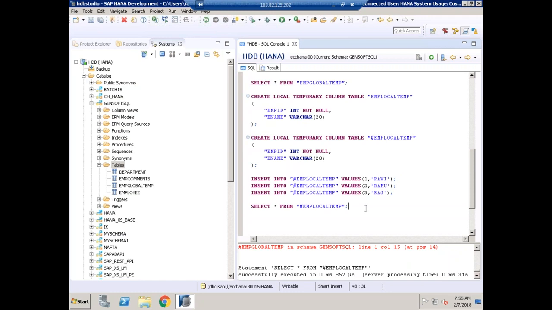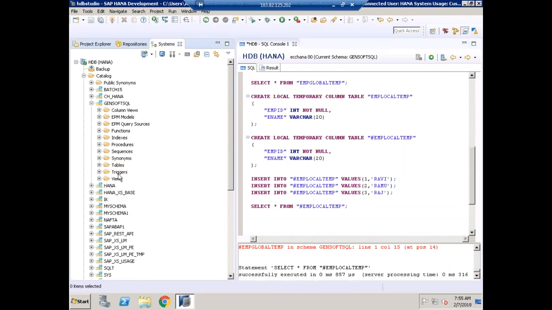So let's see how to create the triggers. It is basically event based, just like events in our table maintenance. Here we go for triggers. So you can see here we have a node called triggers. As of now we don't have any triggers. So let me create the trigger here. And one more point,